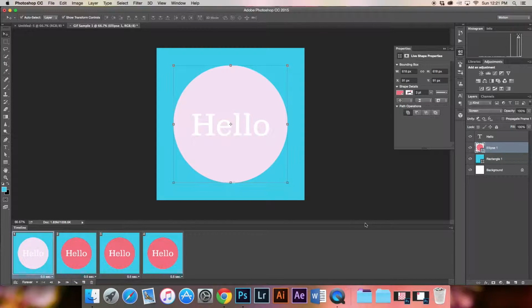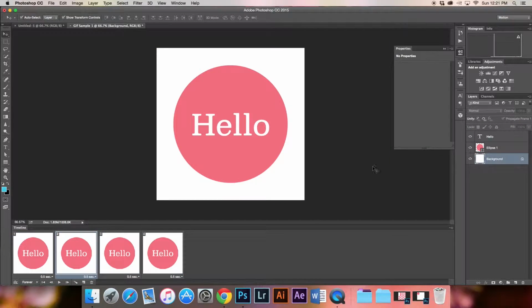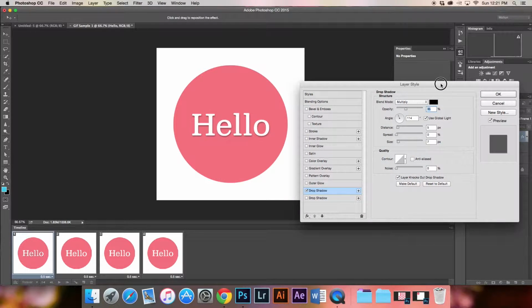Now the next thing you can do is apply layer styles. I'm going to get rid of this blue layer right now. And let's say I wanted to add a drop shadow to this hello text. I'm going to go down to the FX button and just click on that. And next I'll go to drop shadow. And right now I'll just use the default drop shadow that's set up there.